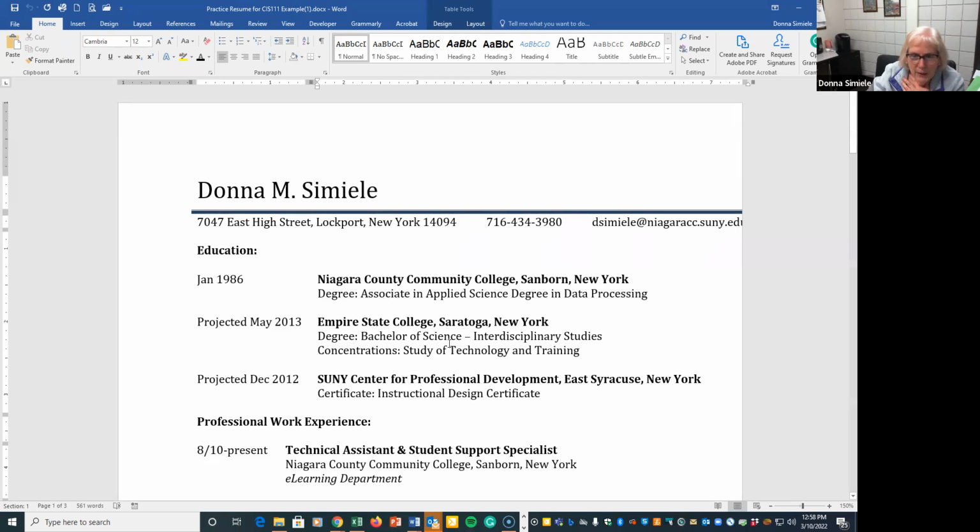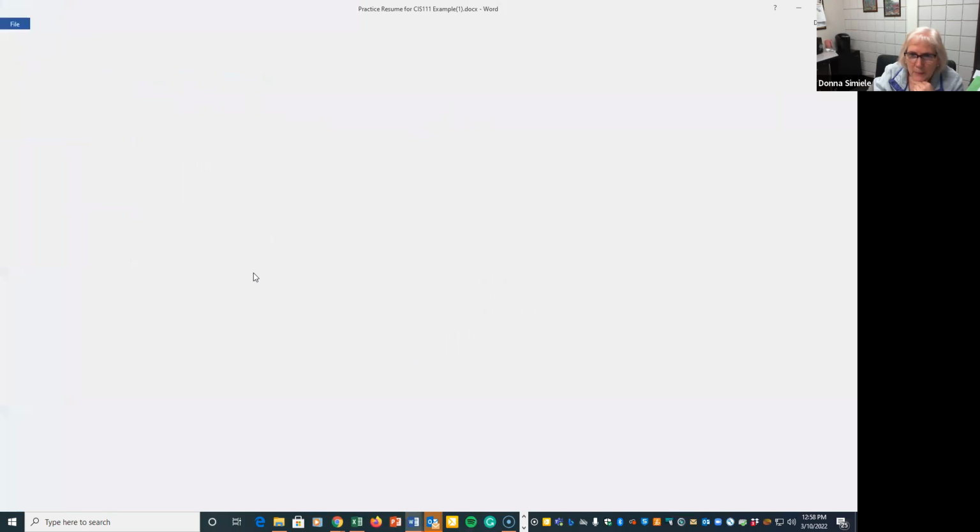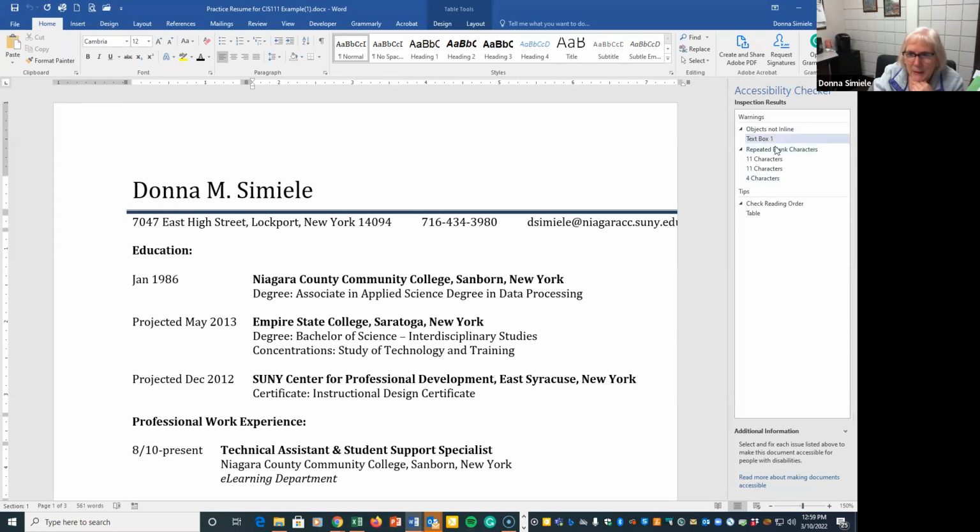But when you're working in a Word document, what you need to do when you're done is go to File, and there's an option in here of check for issues. Now, if you're using an old version of a Word document, you might need to go in and it might have an option to update the file to use the new versions of Word. So you might have to update first, and then the check for issues will come up. So when I click on check for issues and then hit check for accessibility,